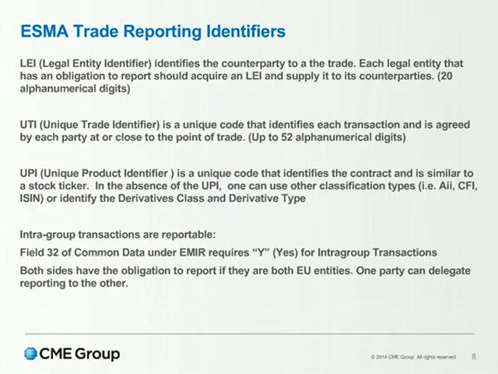Okay, intergroup transactions. Intergroup transactions are reportable, and this is one of the things that we've seen with big corporates and commercials worldwide. I think they know what they need to report, but it's how they report that, especially in terms of the UTI. So each entity will need an LEI, even if it's non-UK, non-Europe rather. I think it wouldn't be a bad idea to get an LEI or use a TC for that. Otherwise, you'd need the full legal entity of your intergroup counterparty. And it's field 32 for intergroup transactions.